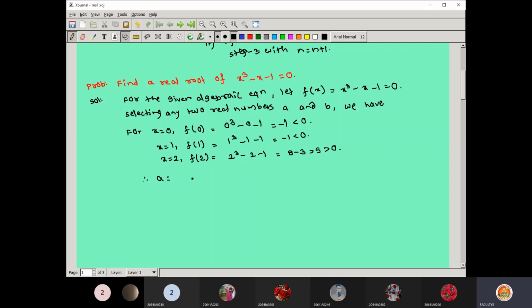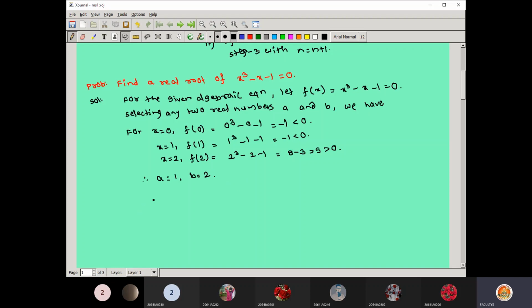a is nothing but the negative value you are focusing on. Negative means the previous negative value. Don't go for the starting value. Your previous negative value is minus 1. For which x value are you getting negative? It is 1. You should take the value where it occurs. Don't take the final answer. Similarly, b is where you get the positive, and that x value is 2. So a equal to 1 and b equal to 2.